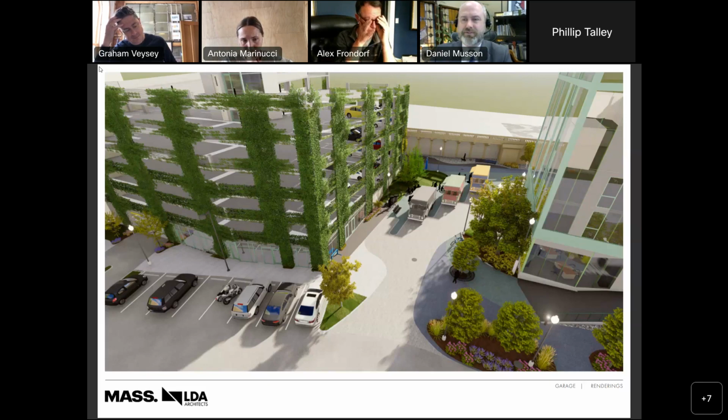I guess there's the options of approving it, tabling it and coming back in a couple of weeks, or disapproving it, and Mr. Vacy could go to Landmarks Commission next week with the comments that you guys didn't like the greenery, and Landmarks Commission might agree or might have different theories, or it would give the development team the opportunity to revise the plan if they could do it quickly before the Landmarks meeting next week.